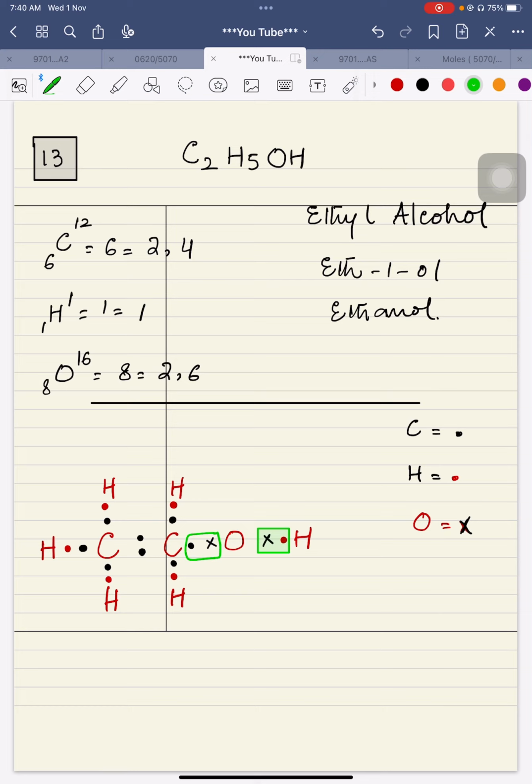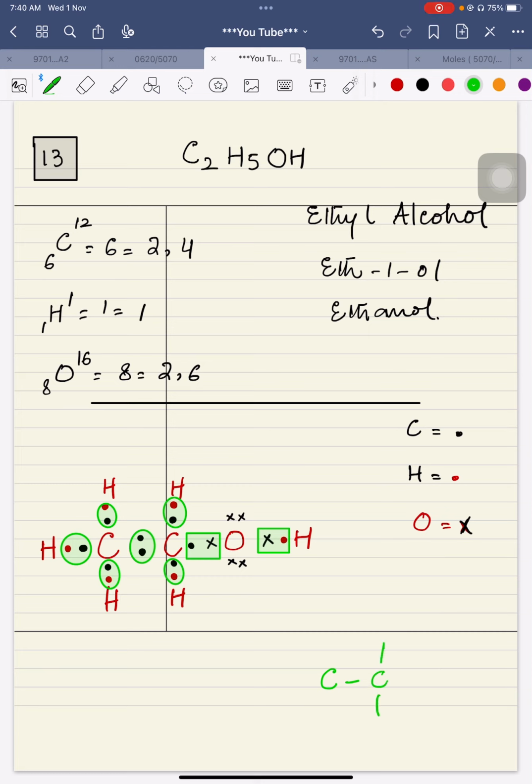clarifying the sharing regions. All right, so oxygen has 6 electrons in its outermost shell. Out of the 6 electrons in the outermost shell, only two are part of the sharing region. So four will be considered as lone electrons. So I'm drawing the lone electrons with the oxygen atom, and then the sharing region between carbons and hydrogens. Okay, so this is how it is, and I am drawing this. Okay, so now we can say that this is the diagram.